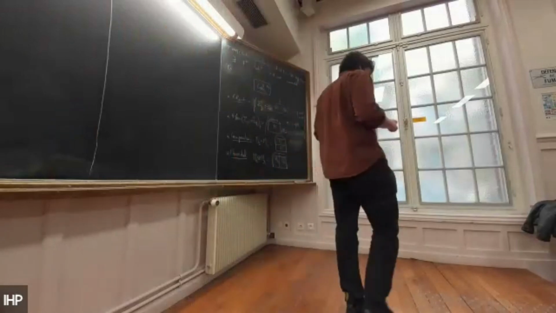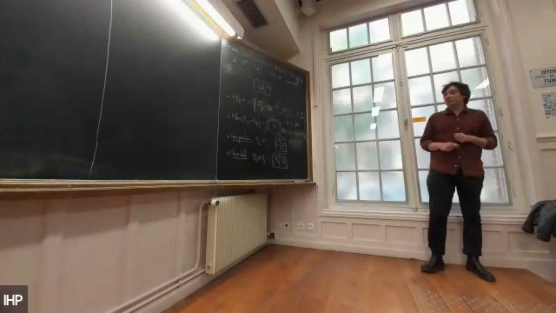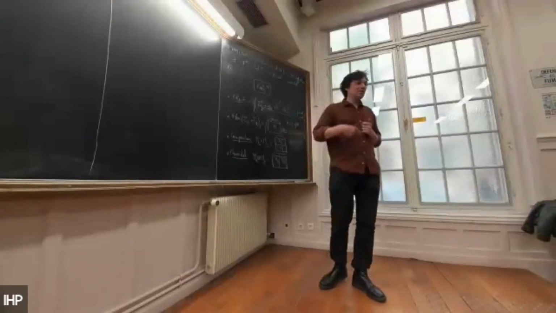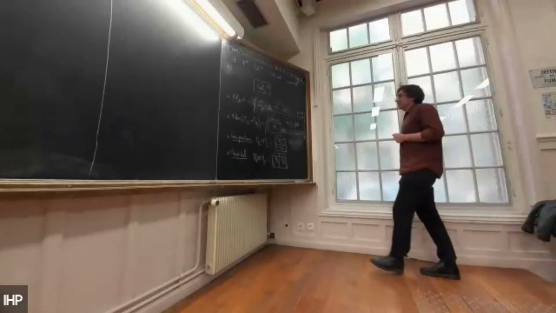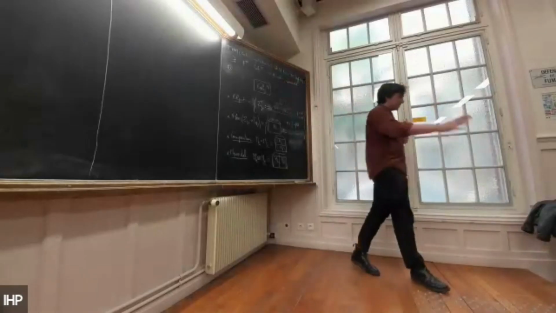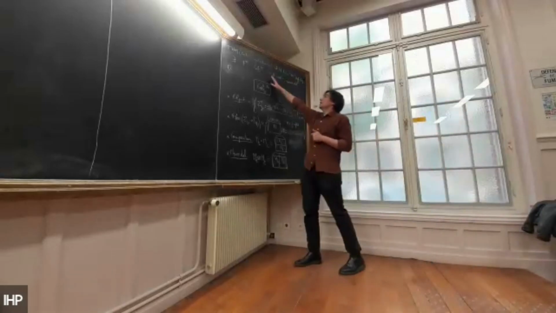Namely, sometimes you need to change the category of cobordisms a little bit, adding some inputs, or sometimes you can also change the target category, enriching vector spaces with more structure. And this is the case in the one I will be focusing on today. It's a particular case by Kerler-Lyubashenko.